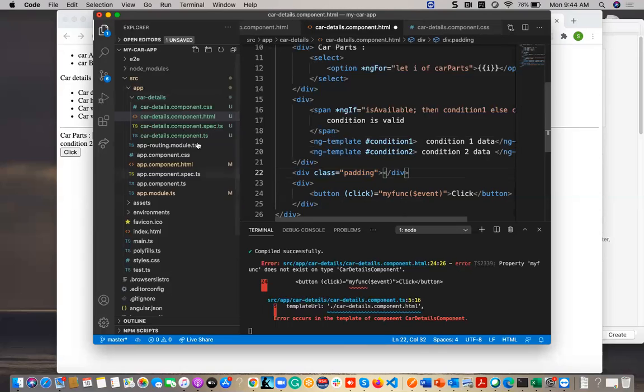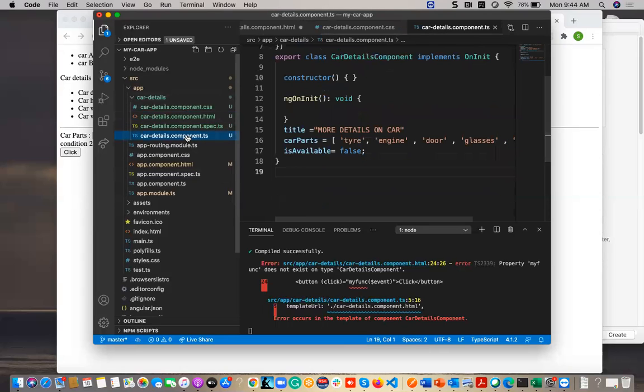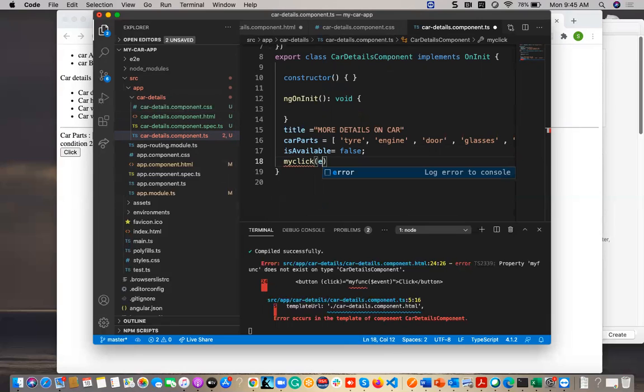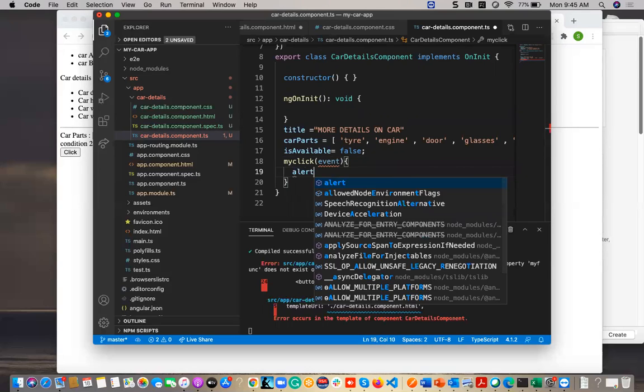This is just like a view, and for this click event I have to write a function. So you can give my click here, with some event, and I am giving some alert.